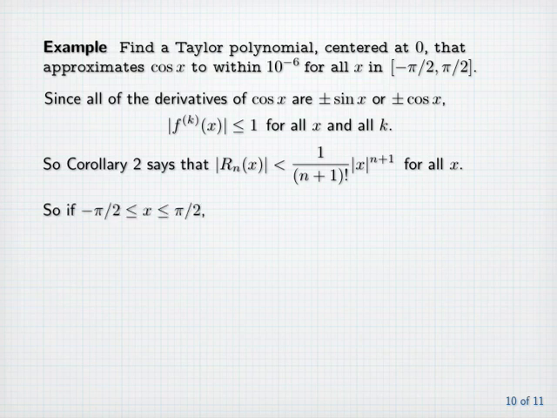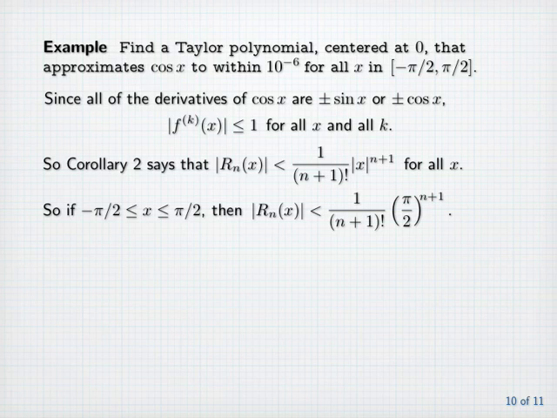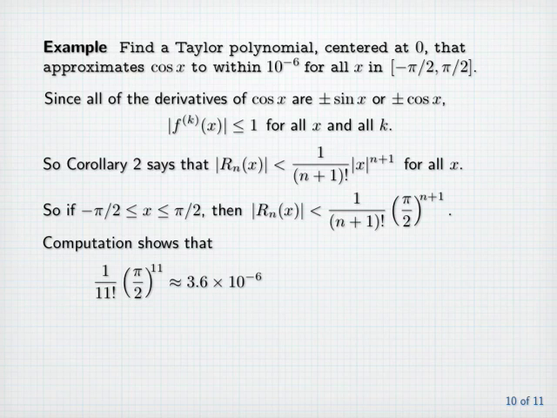So if x is between minus pi over 2 and pi over 2, then the absolute value of R sub n of x is less than 1 over (n plus 1) factorial times (pi over 2) to the n plus first power. Now computation shows that 1 over 11 factorial times (pi over 2) to the 11th is approximately 3.6 times 10 to the minus 6, and 1 over 12 factorial times (pi over 2) to the 12th power is roughly 4.7 times 10 to the minus 7. So we want n plus 1 equal to 12, that is, n equal to 11, and the desired polynomial is